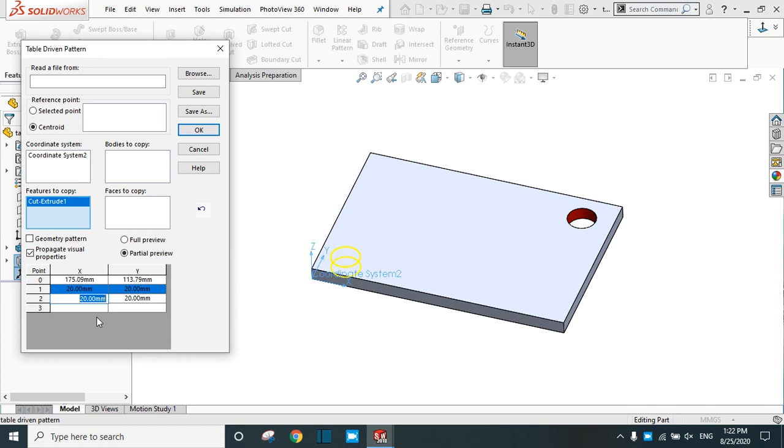Let's provide other data. This 20, this one is, let's say 60, this one is again, let's say 40, let's say 60, and this one is 20.